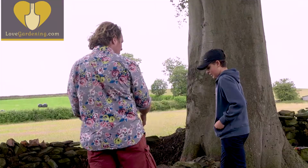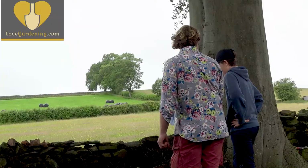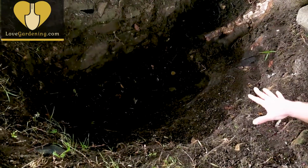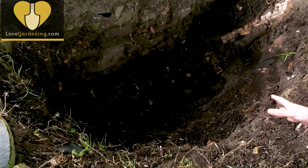Was this a raised bed? Was it full of soil? Yeah. And you've dug all that out? Yeah. So you've dug it really deep, and that's fantastic because that's going to give real depth to your water. It's going to be good protection for any frogs, or even if you put some fish in. Yeah. They'll be able to get down in the deep water in winter, and even if the pond freezes